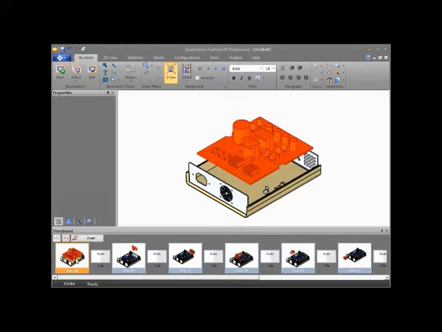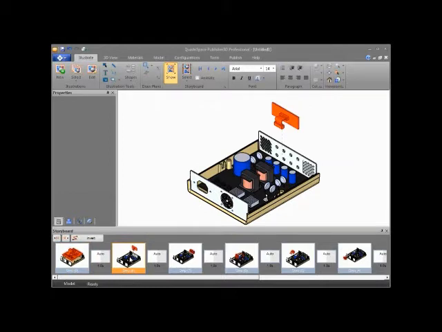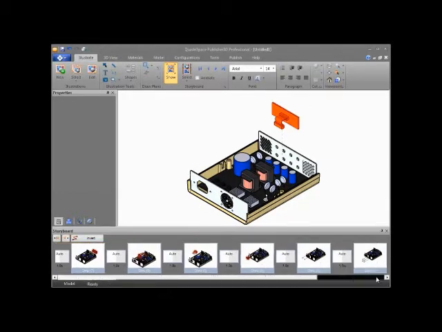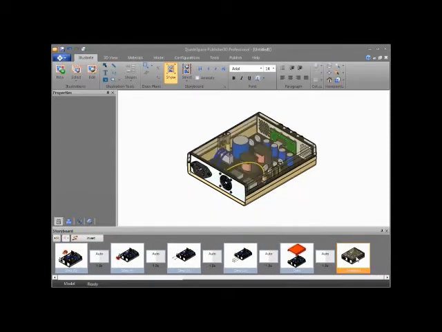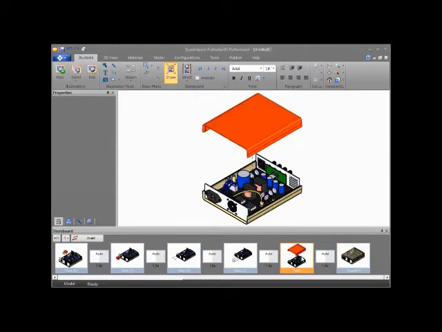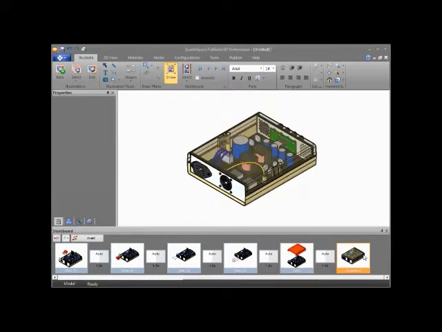So the first illustration it automatically makes is installing the circuit board. The second one is installing that component, and on until you see the last one, all the way back here, is the completed last step, install the casing,